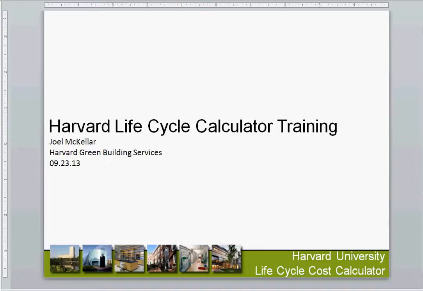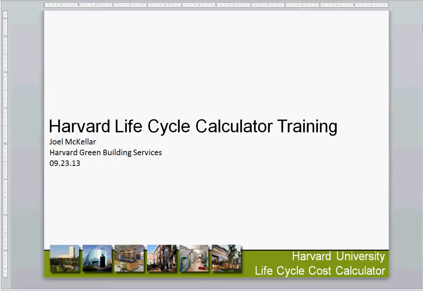I'm the Assistant Program Manager for Harvard Green Building Services, and I will be walking you through the use and underlying assumptions behind the Harvard Lifecycle Calculator, which is a 100% free resource that is available both to the Harvard community and the wider public, available on the Harvard Green Building resource, which can be accessed via green.harvard.edu